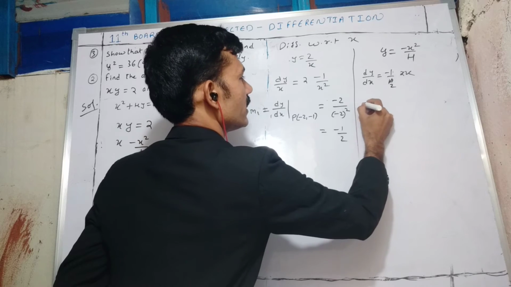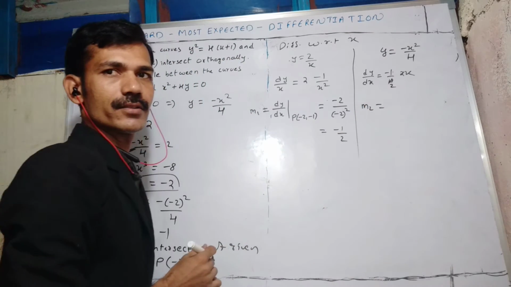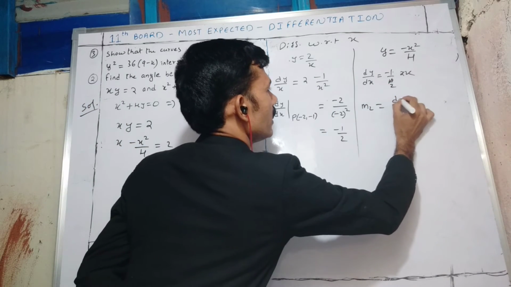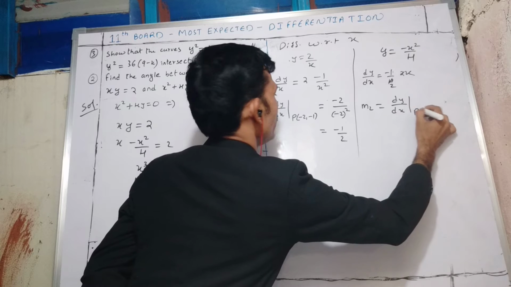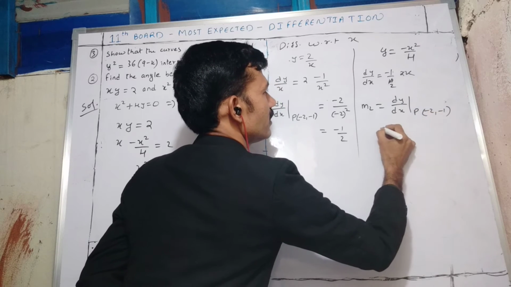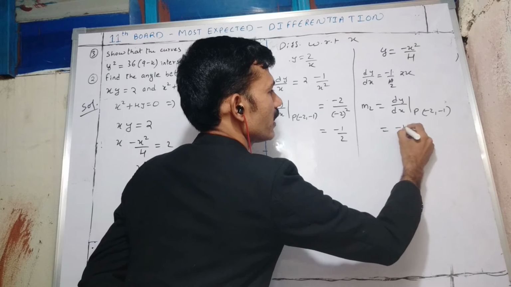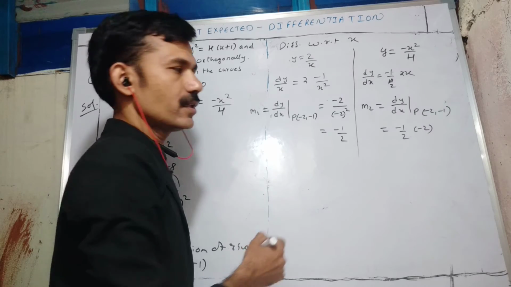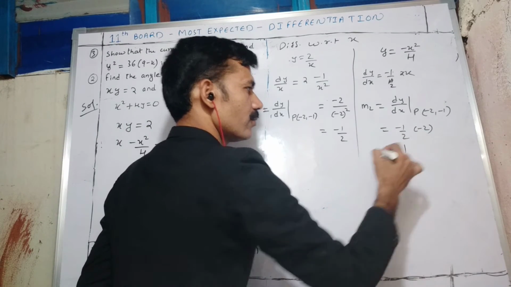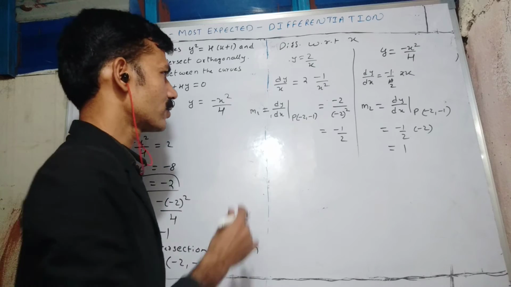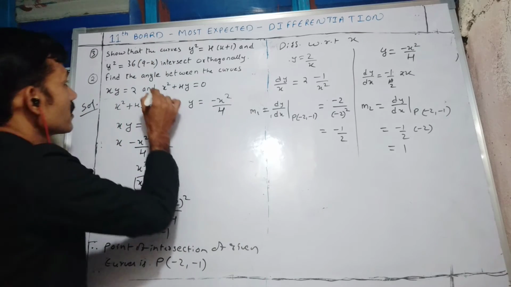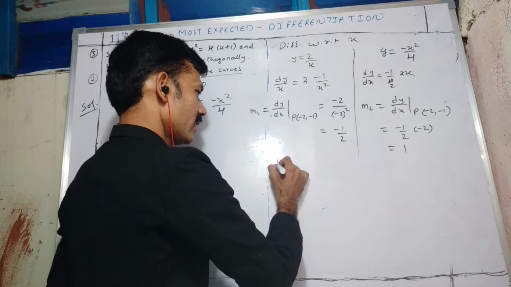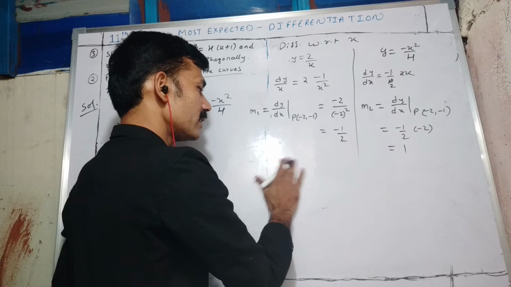Okay, here also we'll find the slope of the tangent of the curve. Okay, dy upon dx at P, minus 2 comma minus 1. There what we are having, minus half x. X means how much? Minus 2. So what we are going to get? 1 we are going to get. So slopes now we found. Then what are they asking? Angle between the curves, no? Directly we can use the formula. Okay. Let the angle between the two curves be phi.